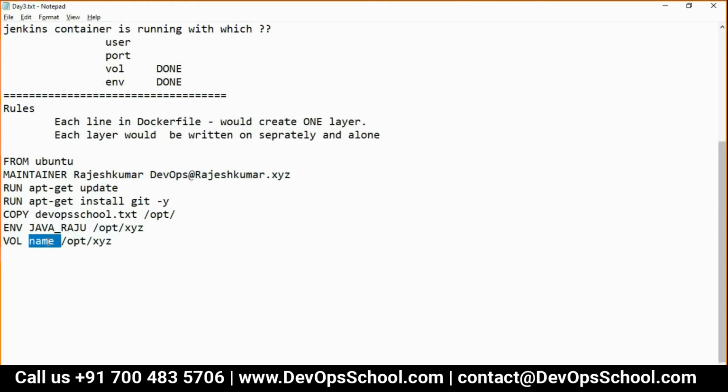I need to validate this statement, but I guess you have to do it like this. This will create a new volume and mount it inside a container at this location. So guys, simple. Dockerfile is not very difficult.